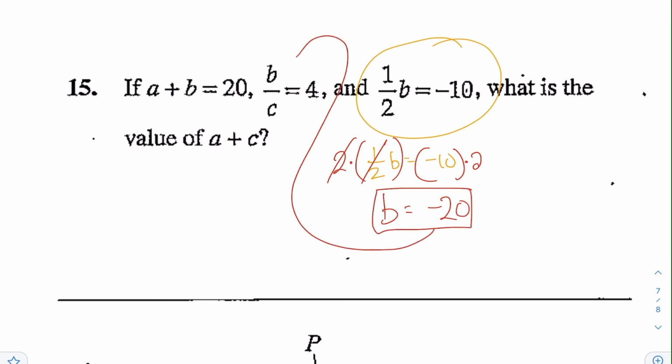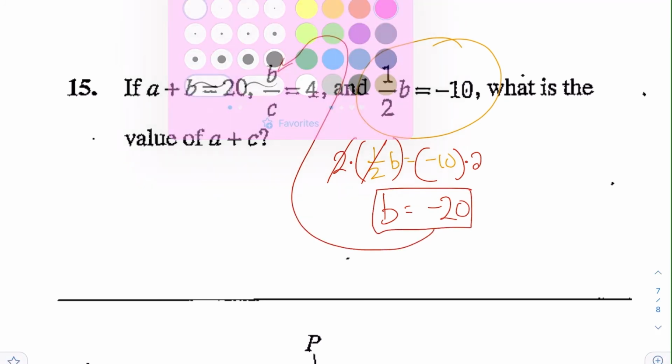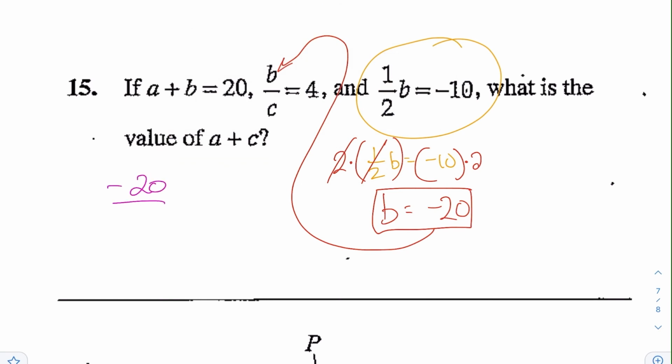So from here, you can substitute in to the second equation. Negative 20 over C is equal to 4. So you know that negative 20 divided by negative 5 is equal to positive 4. Remember that negative divided by negative is positive. So you know that C has to be equal to negative 5. So once you have that,